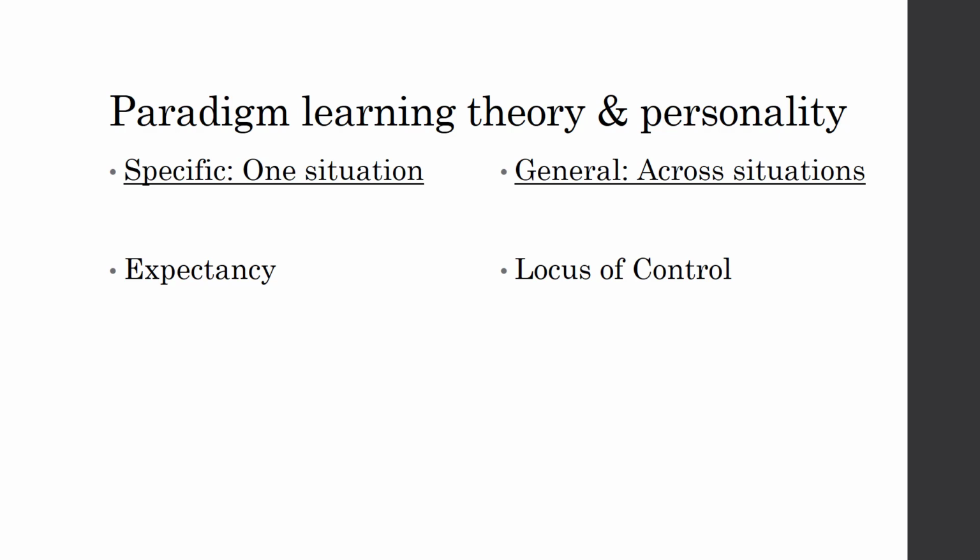If you have an internal locus of control, you believe that there's a causal relationship between your own efforts and environmental consequences. If you have an external locus of control, you believe that what you do will not make much difference. Specifically, locus of control is the degree to which people expect that reinforcement is dependent on their own characteristics, behaviors, and efforts, versus the degree to which they expect it to be due to luck, fate, chance,